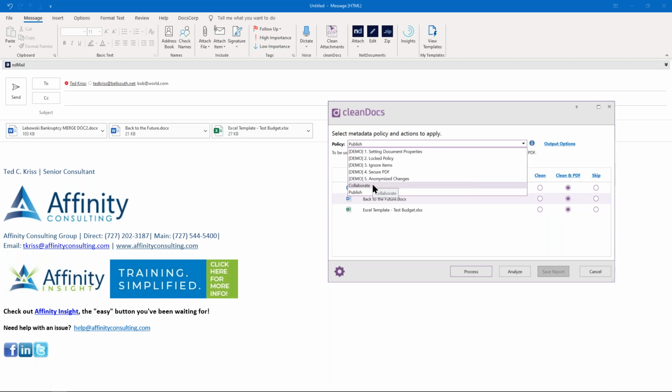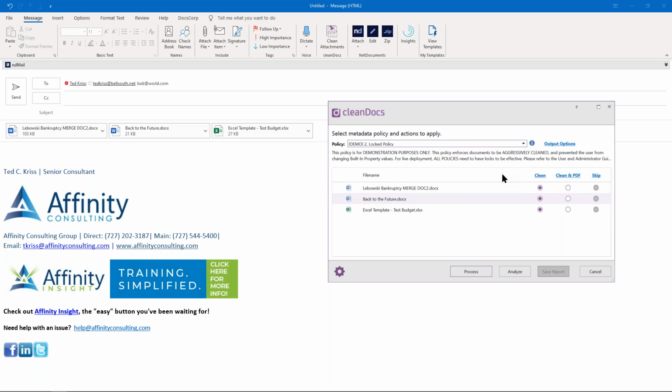But in addition to our collaboration and our published policies, we also have some additional policies. So we have our locked policy. What locked policy will do is it will literally lock out our skip option. So it requires the user to perform either a clean or a clean and PDF function.